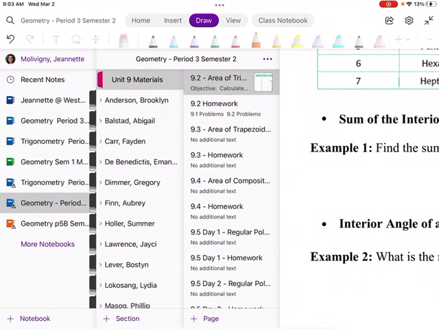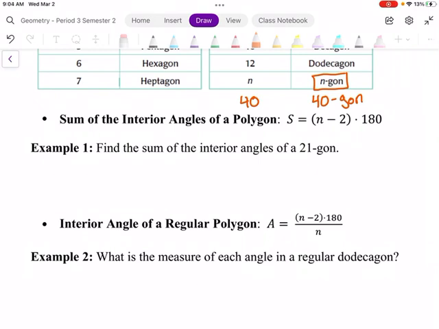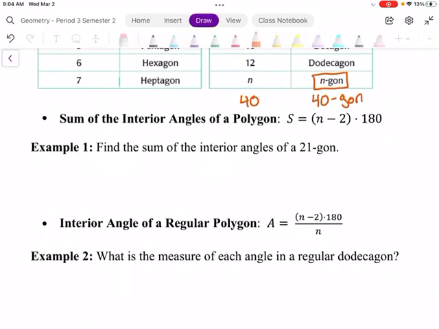So yesterday, the activity that you were doing was hopefully to help you figure out what the sum of the interior angles of the polygon would be. And doing that,